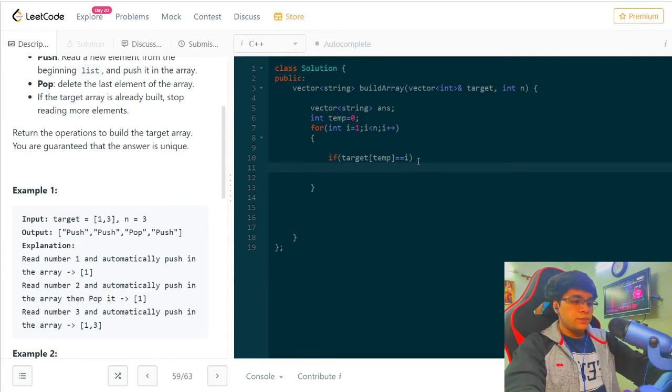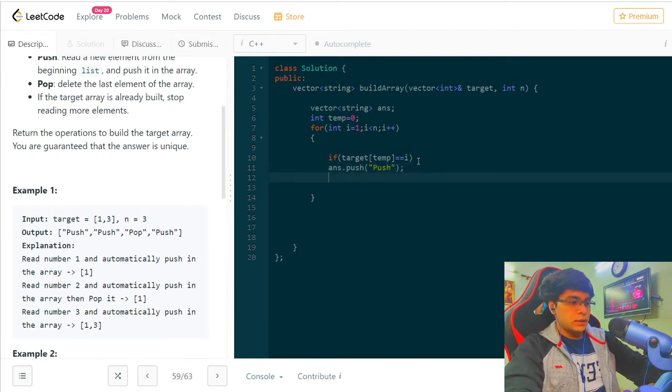I want in my answer plus equals push, it's a vector now, so what I can do is answer dot push if it is equal to that, and at the same time I have to increase the value of temp also, temp plus plus,